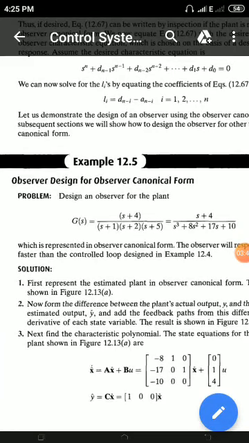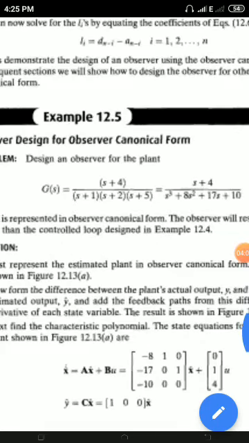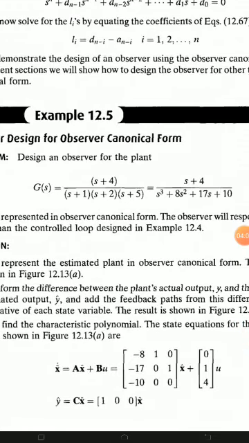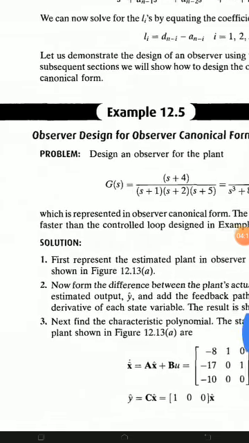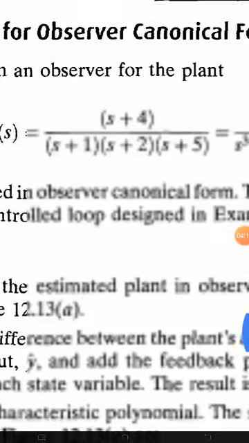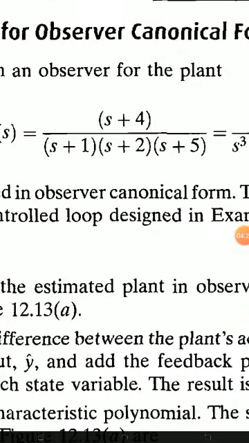Let's start with the first numerical based on the observer design by the first method, that is the matching coefficient method, which is also called here the observer canonical form. Remember, this method is applicable only if the plant is represented in observer canonical form. He said to design an observer, the plant is given as S plus 4 divided by 125. Just multiply it inside the bracket, you will get S cube, 8S square and so on. And you can easily see the plant is represented in observer canonical form,